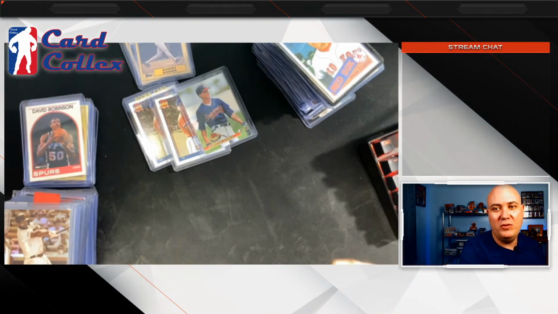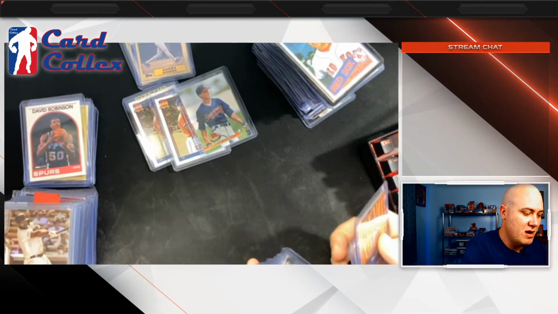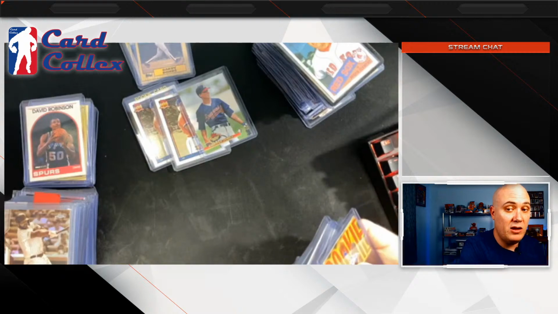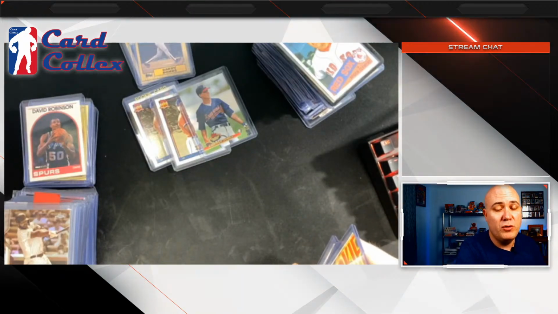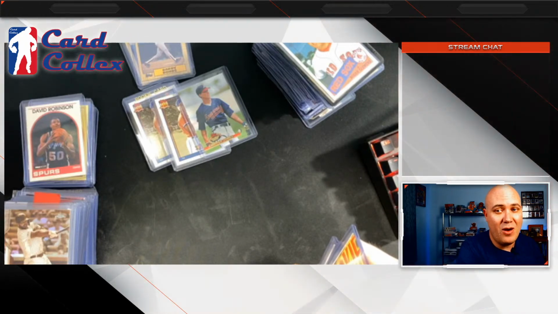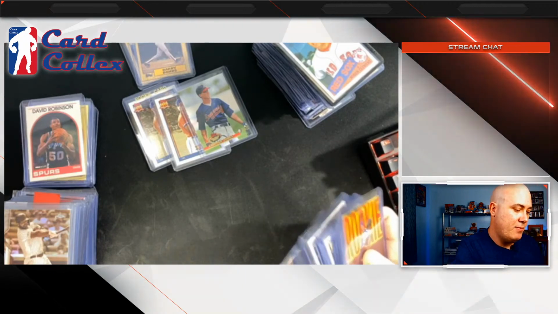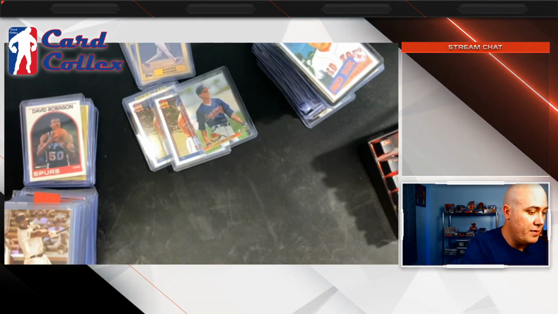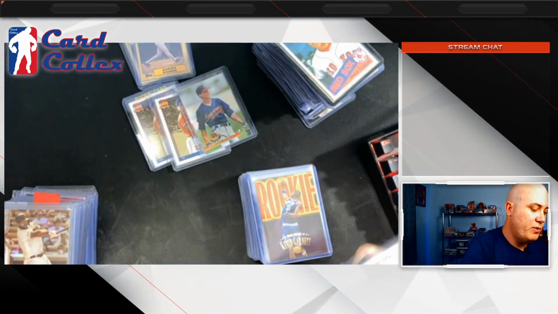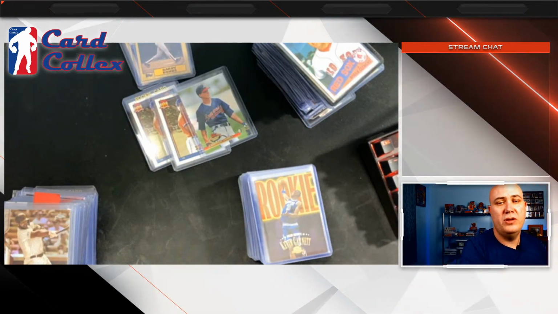You don't want to invite issues into your eBay business. If you don't provide a good photo, then you have no proof of what the condition of that card was before you sent it out. It's just trouble waiting to happen, really. So it's just better all around. Just do good photos.